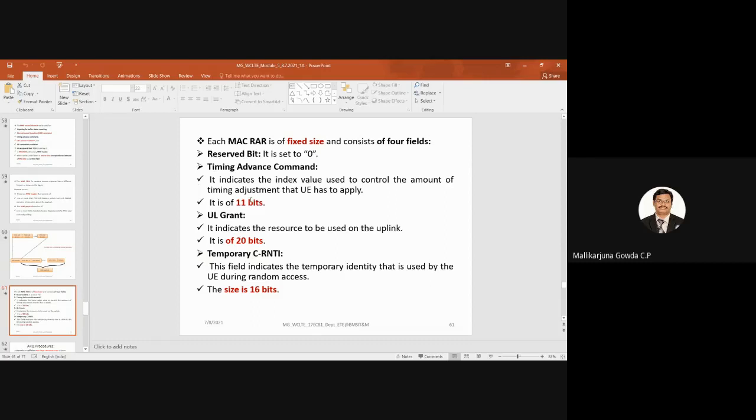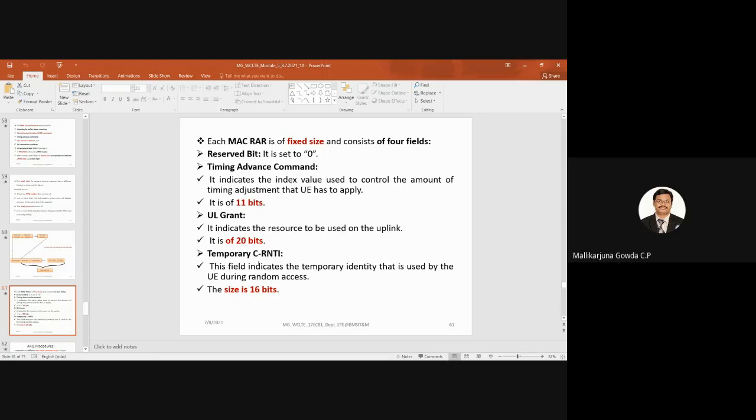That indicates the index value used to control the amount of timing adjustment that the user equipment has to apply. It is of 11 bits. Then the third is the UL grant, the uplink grant. It indicates the resource to be used on the uplink. It is of 20 bits. Okay, timing advance command has 11 bits and UL grant has 20 bits.